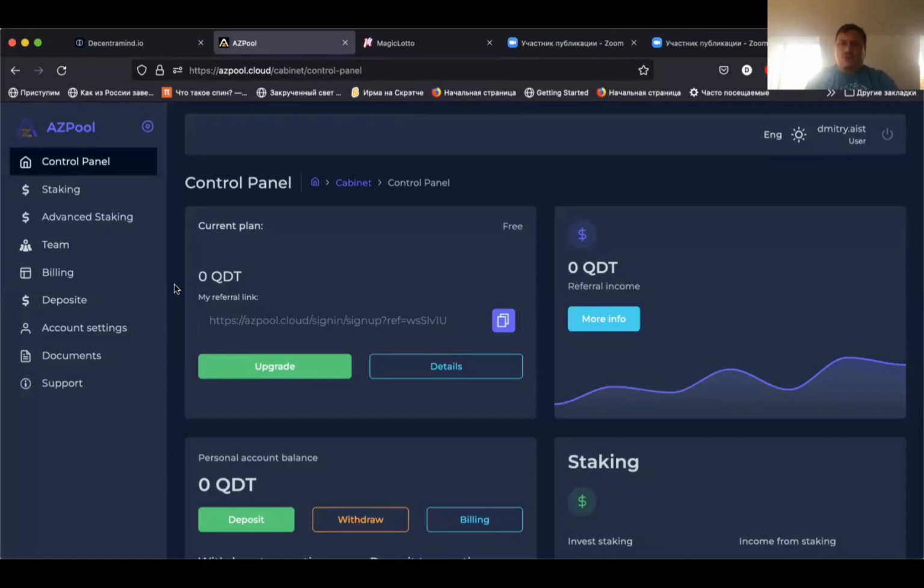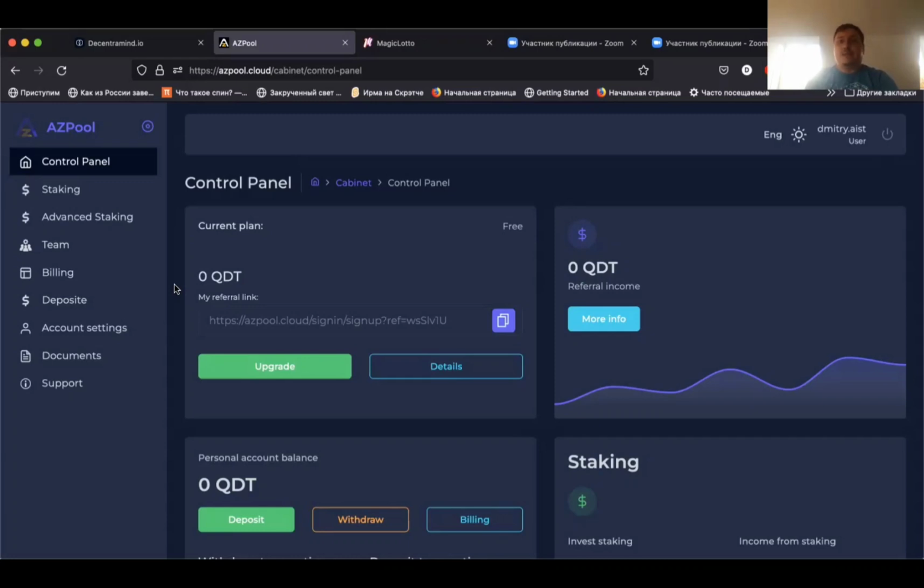If you don't have 100,000 QDT, but would like to use your QDT in staking to earn some profit, you can use Aspool. Aspool connects many people who have a little bit of QDT in one pool, and 40% of this